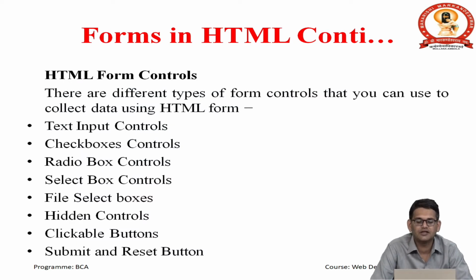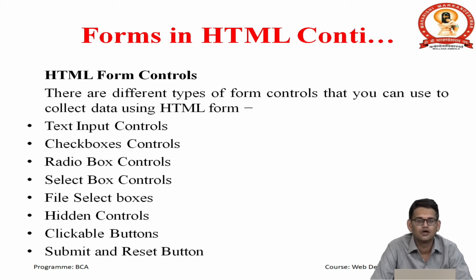Now what are the major form elements which can be used within HTML form tags? There are many more, so let's start from the beginning. First one is the input text. These are basically text areas which are used to take input like first name, last name, email ID. Next one is the checkbox. It is used to take multiple options from the user, like subjects. You can choose multiple subjects from the list.